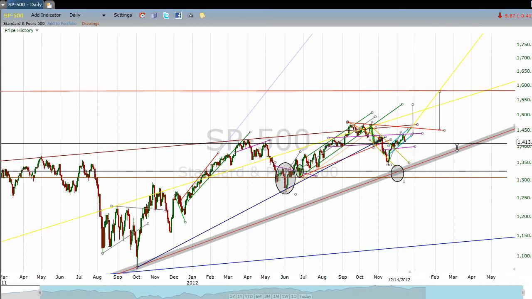But if we look at this and expect some symmetry out of this pattern, the good news is we should have plenty of time before that were to happen. If this is a head and shoulders, I think we would be looking at a neckline between the June 2012 lows and the lows of mid-November. So it would be a slightly upsloping neckline. So I want to keep an eye on that.